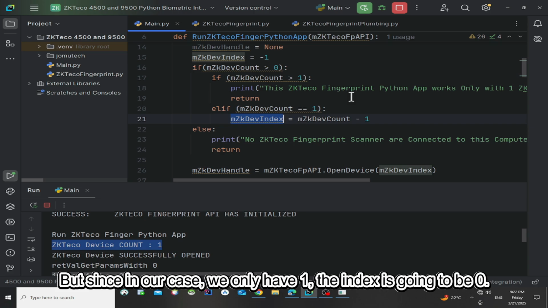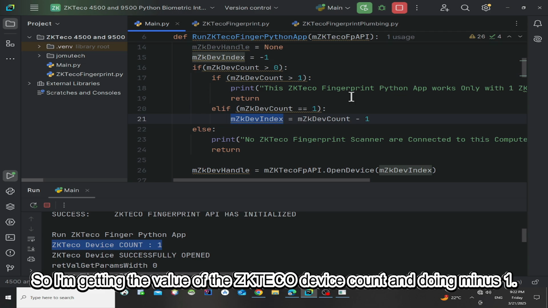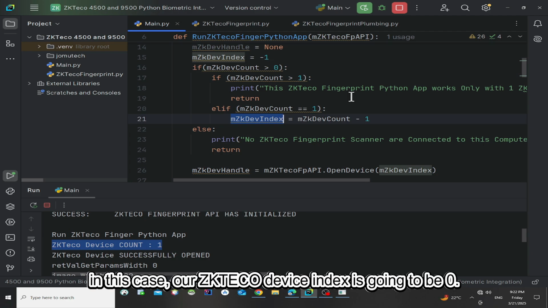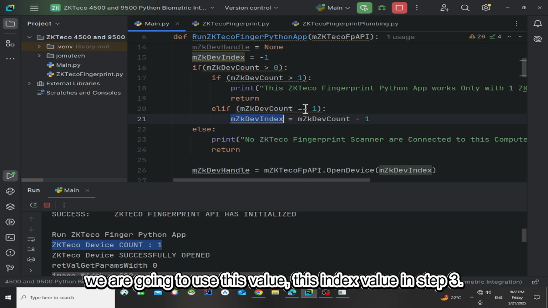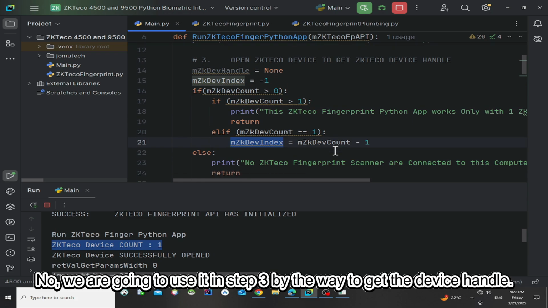But since in our case we only have one, the index is going to be 0, so that's why I'm doing -1. So I'm getting the value of the ZKTecho device count and doing -1. Since 1 minus 1 is 0, our ZKTecho device index is going to be 0. So we are going to use this dev index value, still in step 3, by the way, to get the device handle.